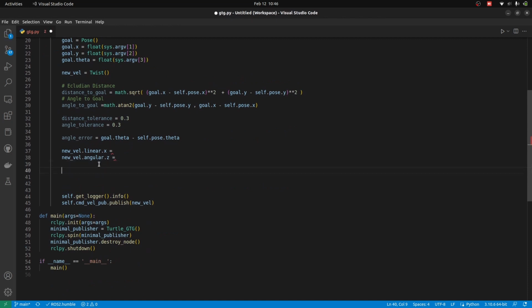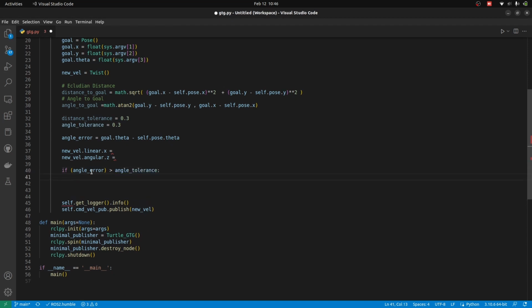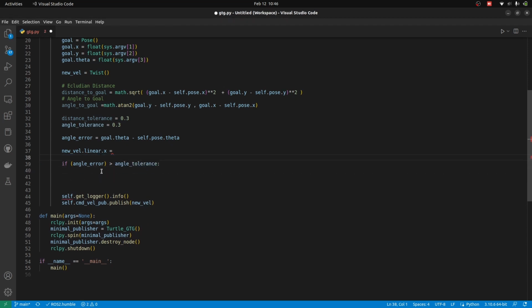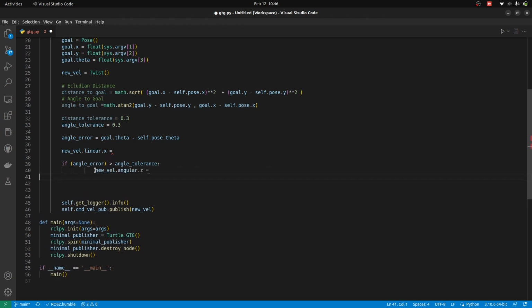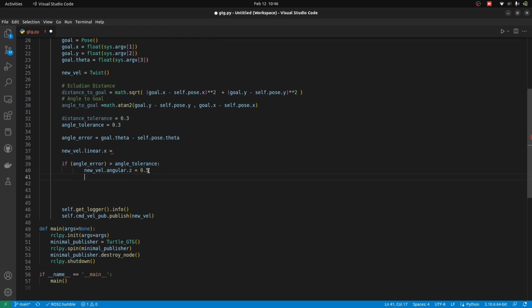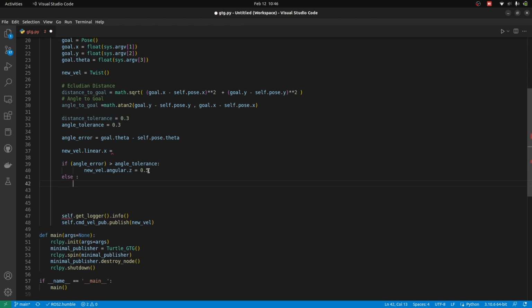Coming to the point that conditions are going to be applied. If the angle error, which is the robot angle to the goal subtracted, and we get an error, is greater than the angular tolerance, then you are going to send this angular velocity, meaning that whenever the angle error is greater than the angle tolerance, we have not reached the required orientation, so you are going to be driving the robot with angular velocity. Once that is done, then you are going to make the robot move for the distance,